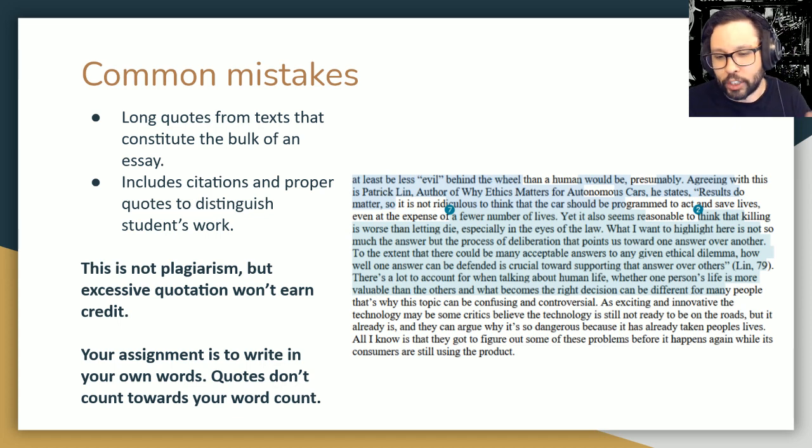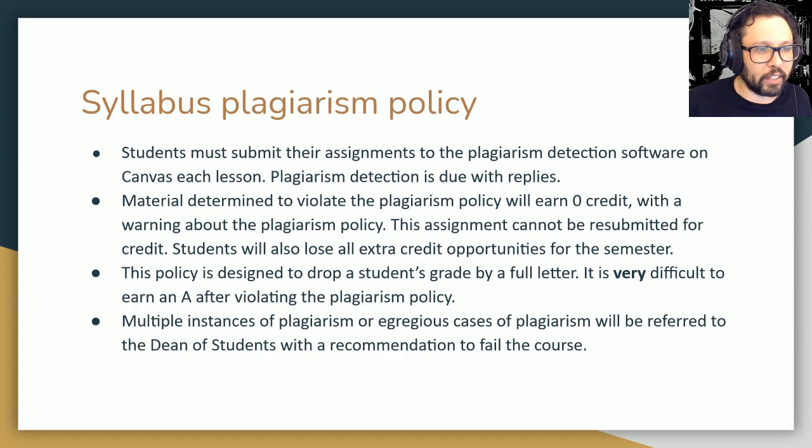And then I will look at the report in detail and determine whether I think that the plagiarism policy has been violated. If I do think the plagiarism policy has been violated, that assignment gets 0 credit, and I will send you a warning about the plagiarism policy along with that 0 credit. That warning usually comes in the Canvas feedback in grades under the rubric. So I will give you feedback that you violated the plagiarism policy. You will earn 0 credit on that assignment, and you can't make that credit up. So you can't redo the assignment without the plagiarism violation.